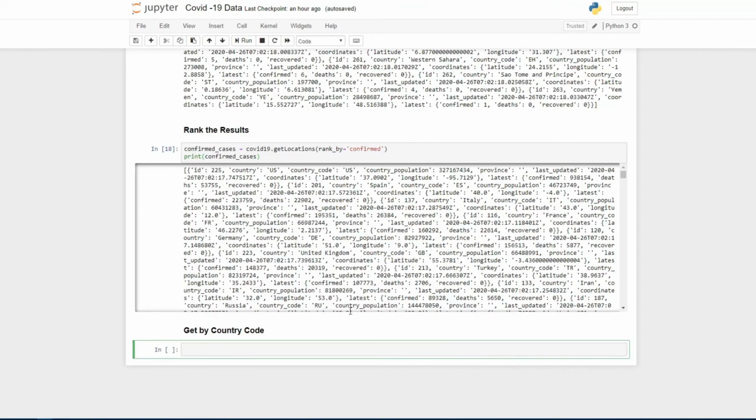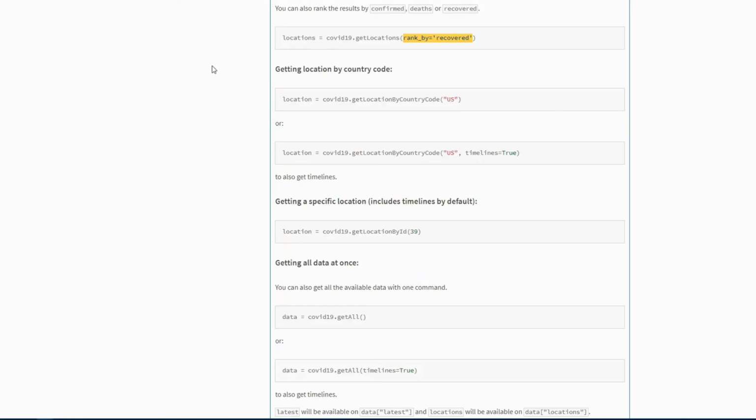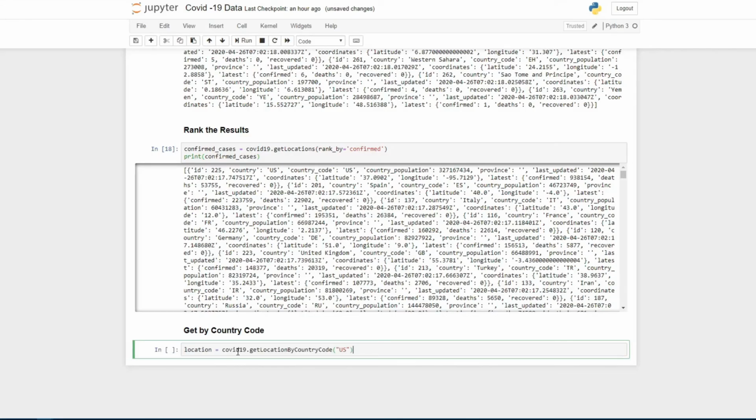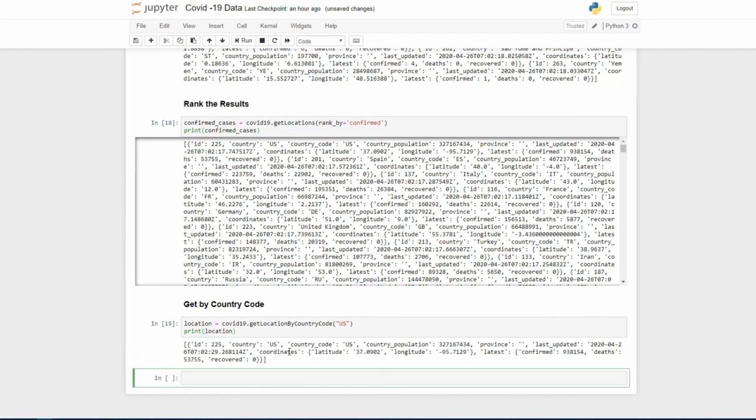So guys, now we will see how to get coronavirus details according to the country name. Okay, so for that, let me go into the documentation, and you can see you just need to write get location by country code. Okay, so I'll just copy this one and paste it over here, and now if I print location, you can see now it is printing the details according to the country code.